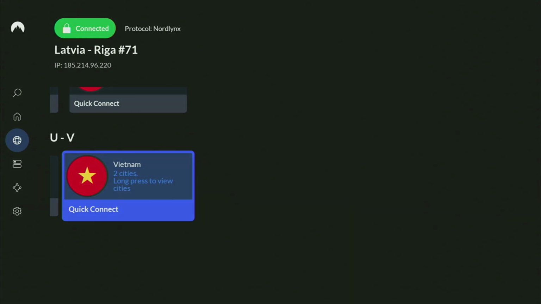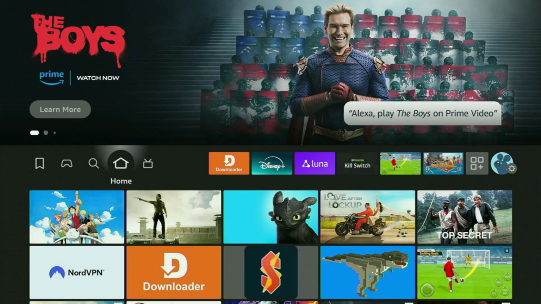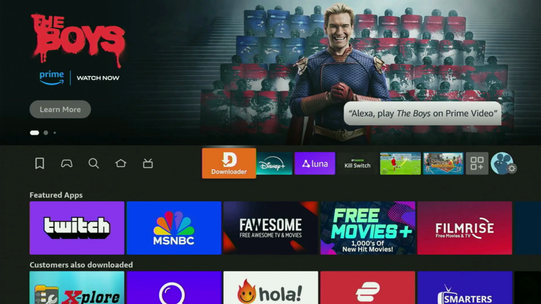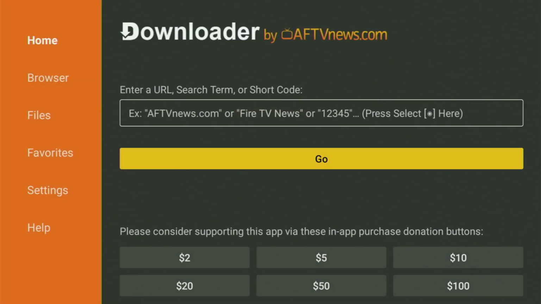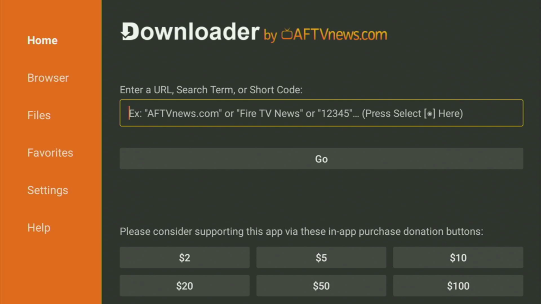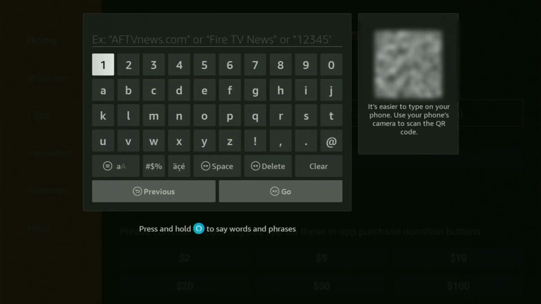And now, finally, let's use Downloader safely. So we go back to the list of apps, open up Downloader, and wait until it loads for you. And now what you have to do here is open the search bar and start typing in the code, which will be